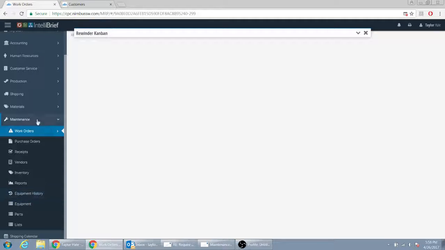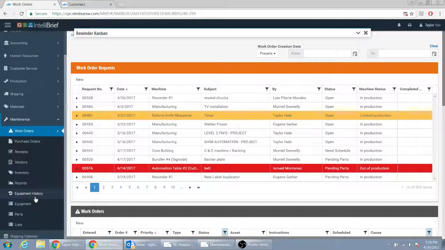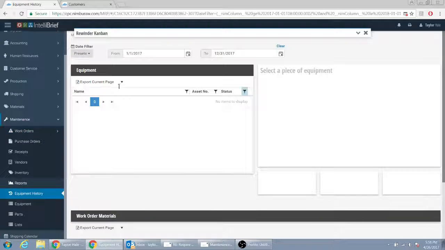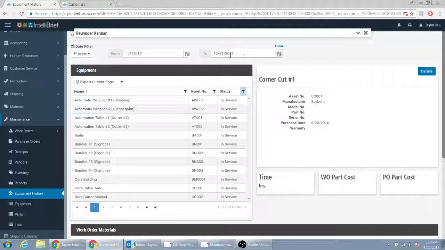All right, so our next request comes from maintenance, and it's about the equipment history page. Just a few details that we want to do here. This is actually a great page. It's really good. I just want to add a few different details. So let's start with